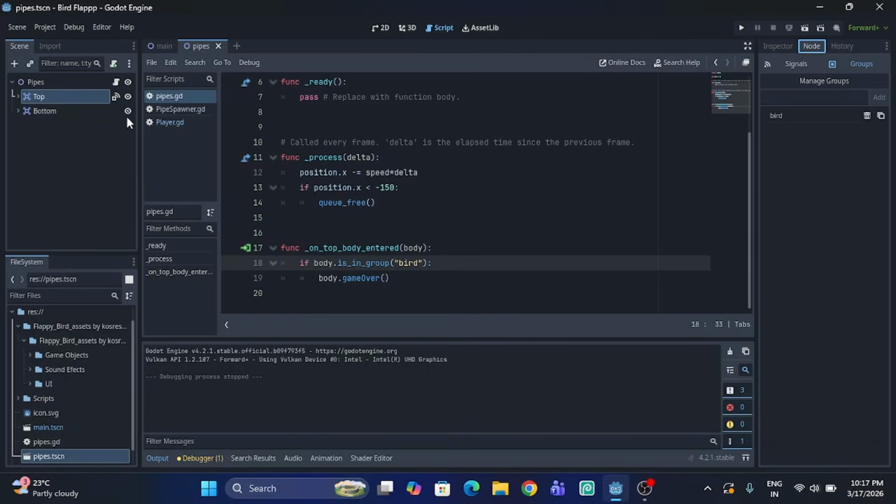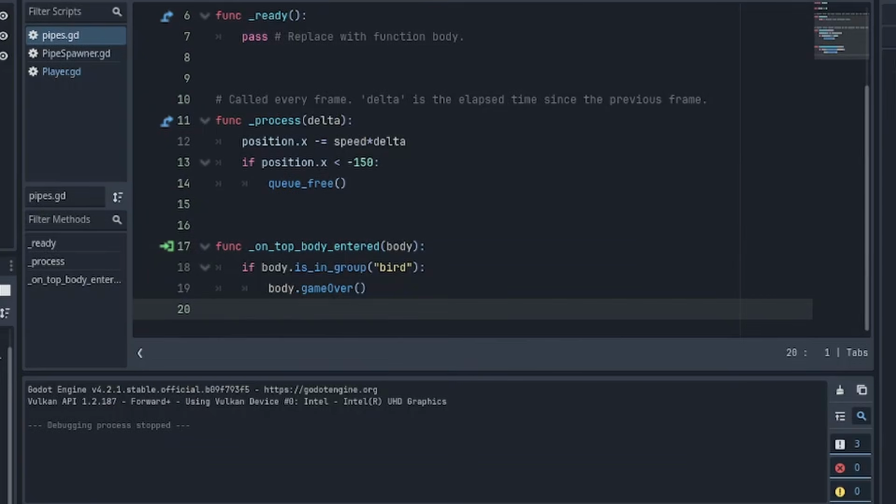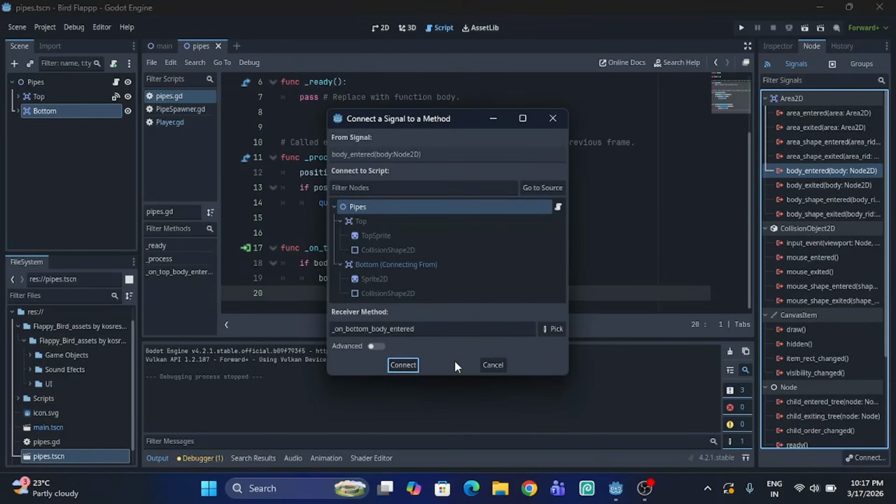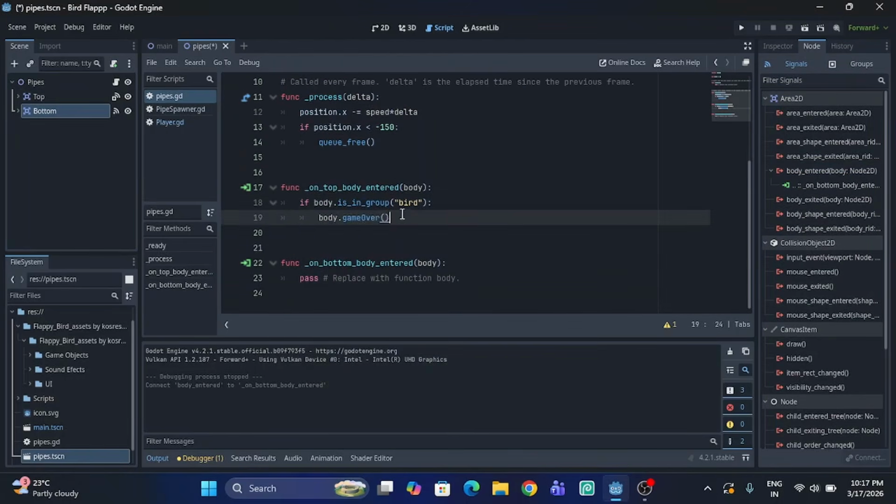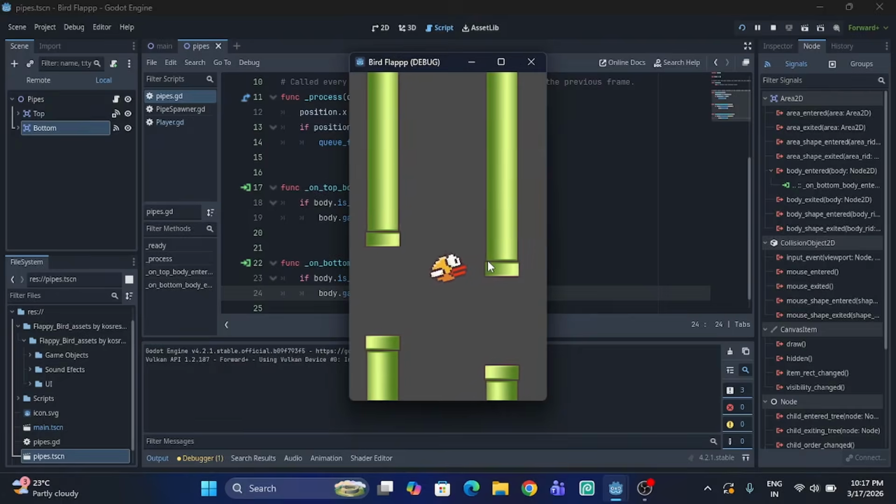Let's see why. I collided with the bottom pipe, but I made the collision script only with the top pipe. So to fix that, I'm going to go to the bottom pipe signals, and then I'm going to check if body entered the bottom pipe, and then just do the same thing. So now this should work. So now if I touch any pipe,